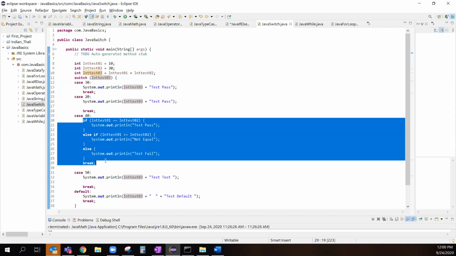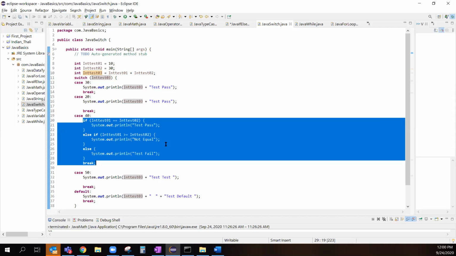See, now switch will be used for something, and else if and if else will be used for something else. But in both cases, one scenario is common: some comparisons will come. At that time, rather than having an equal to comparison and writing that complete program, don't do that. Go for the switch statement. Why? Because switch is very easy for doing comparisons. Most probably we will be doing string comparisons, and for string comparisons we will use this.